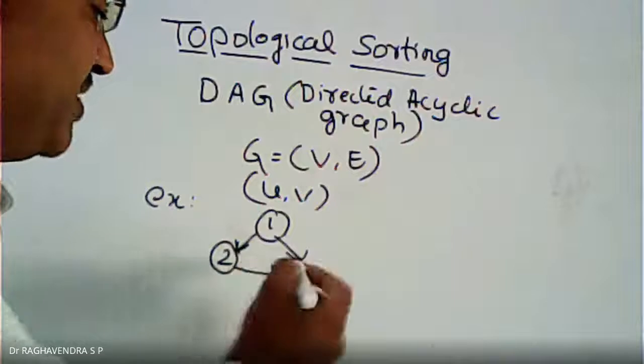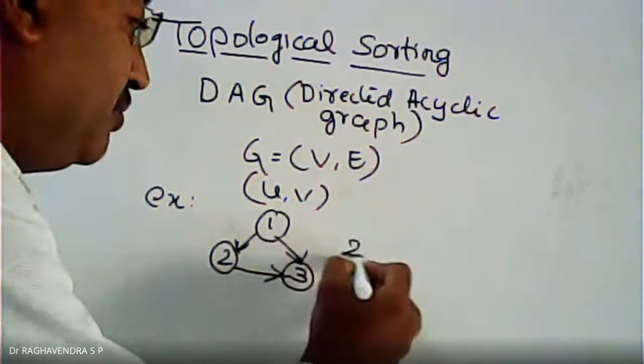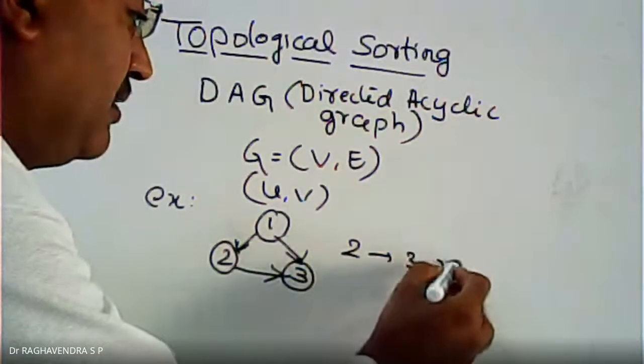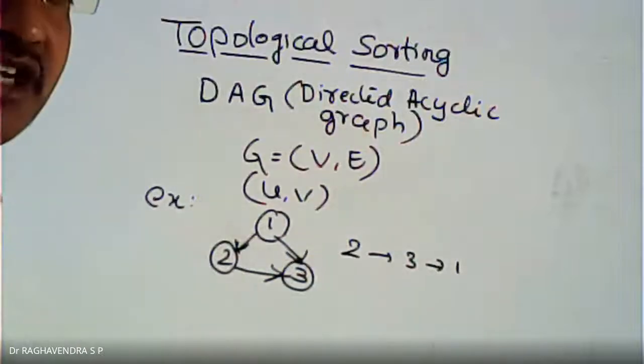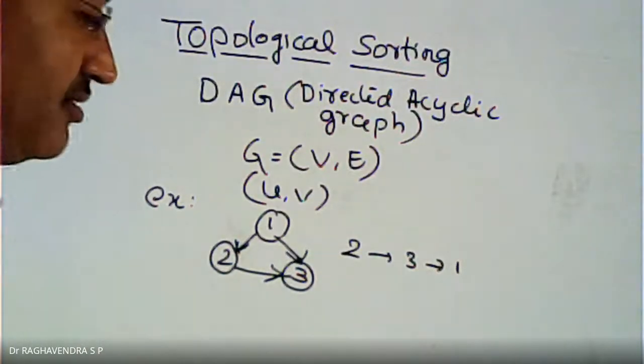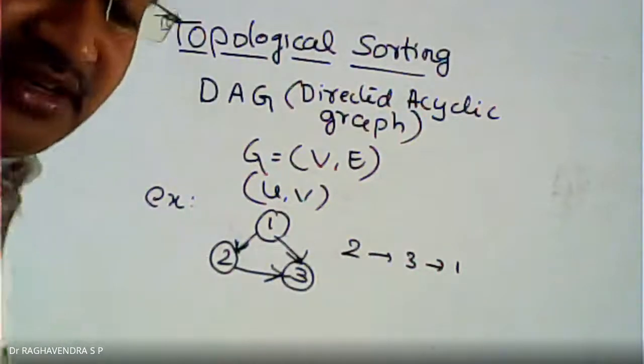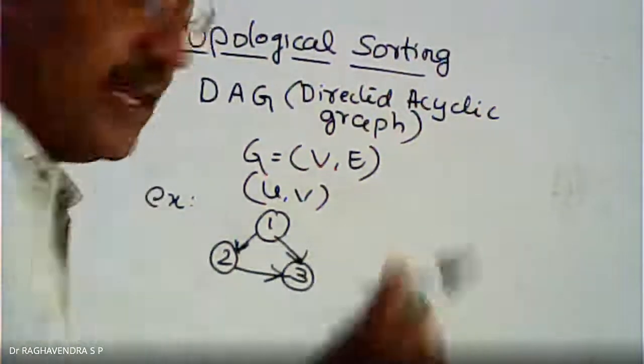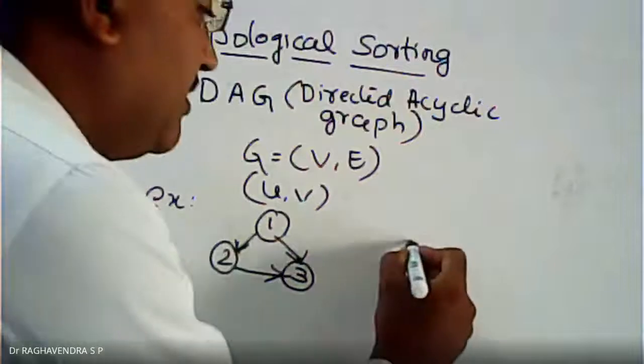So here, let us take an ordering, for example 2, 3, 1. So this may be a topological order. How it will be obtained, I will explain later. Okay. So similarly, if you consider another graph like this one,